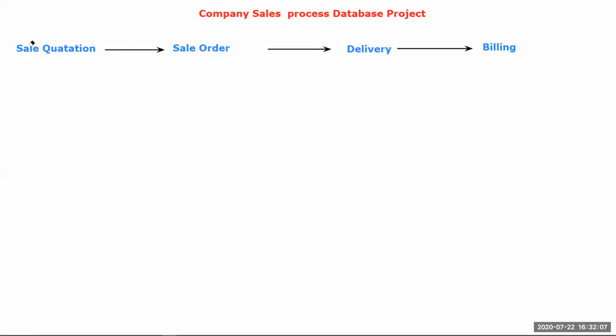Now we have sale quotation, sale order, delivery and billing. This is the concept, and you have to link them this way. Then I need some reports. You have to develop them regarding your database, and the concept is the same. If you're creating a database for any type of manufacturing company, the sale process is the same. This is the universal process, from sale quotation to billing, and the reports are all the same.